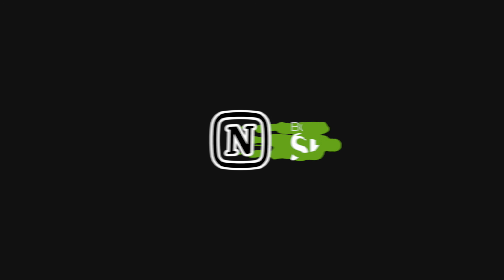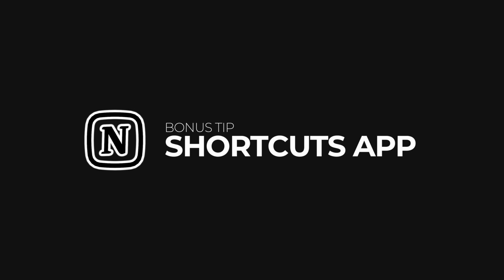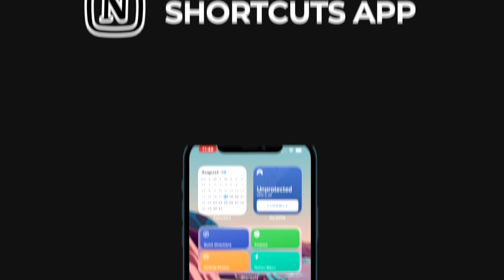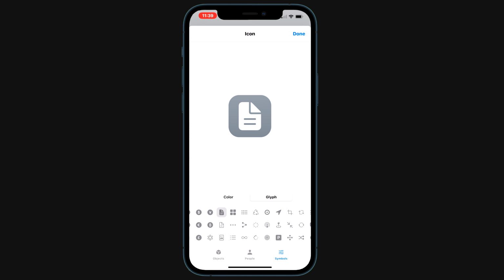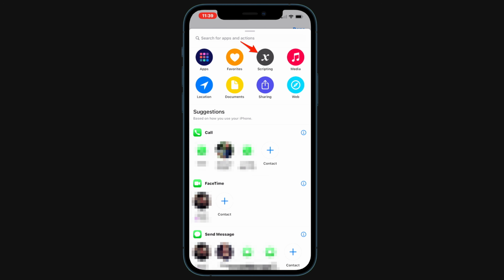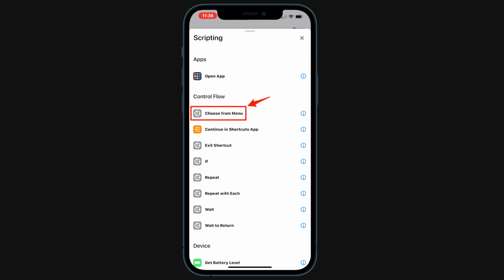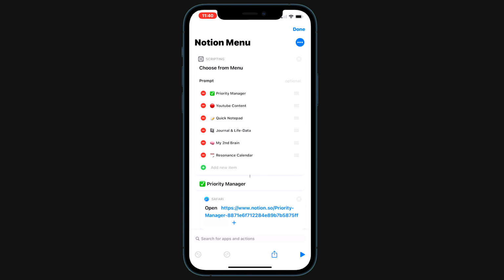Last but not least, bonus tip. If you like to use Notion on your mobile phone often, the quickest way to have access to your Notion pages is using the iOS Shortcuts app. Simply download the Shortcuts app and make a new menu widget. Create a scripting method called choose from the menu, then create individual menu items and then link them with